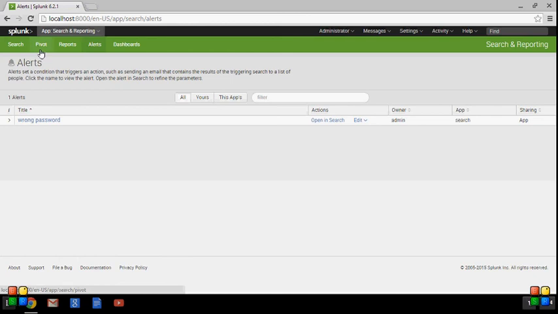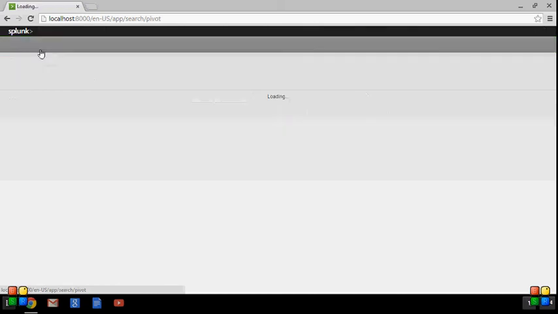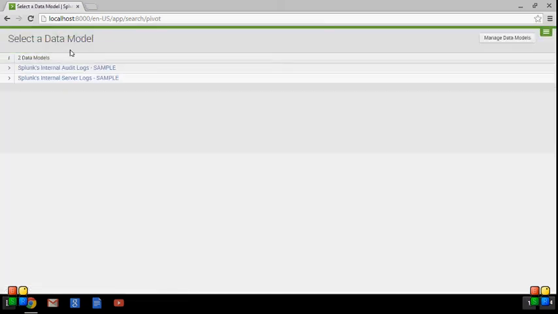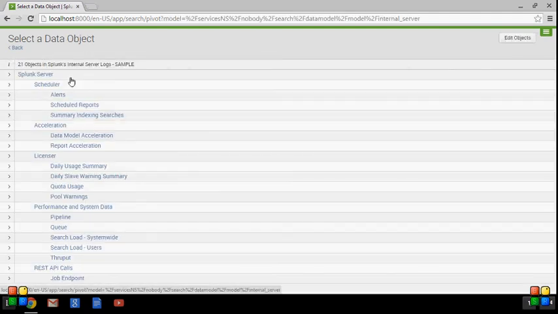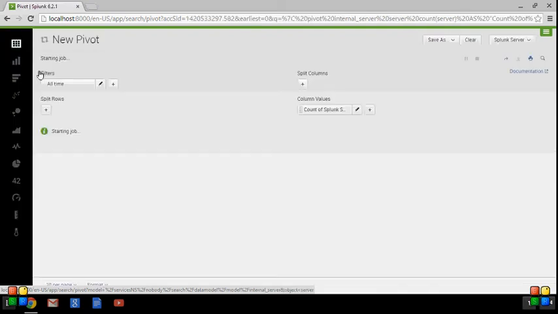And next I am going to explain how to create a new pivot. We have to go to the pivot beside the search bar, and then there are two types of data models: Splunk internal audit logs sample and Splunk internal service logs. I'm going to select the service logs, where there are so many data logs like Splunk server, scheduler, alerts, throughput, pipeline, queue, and license, and many more. I'm going to select Splunk server, and then I am going to create a